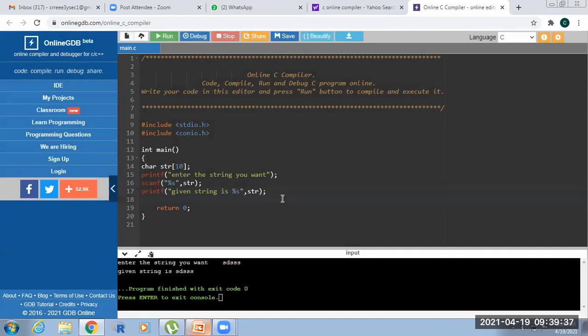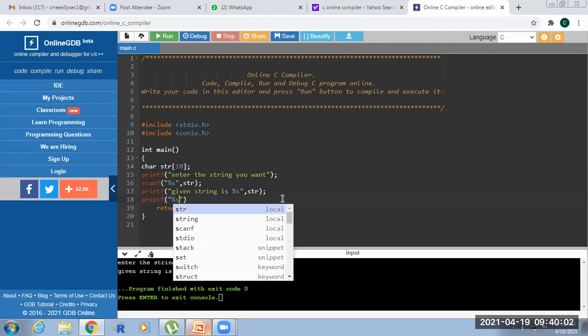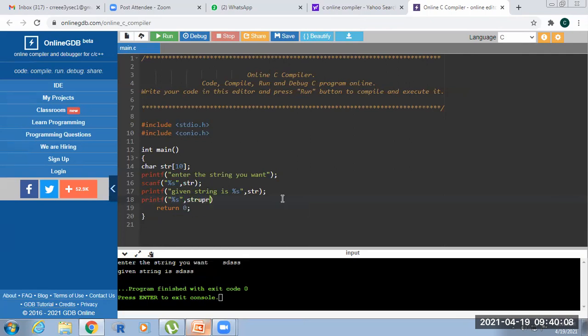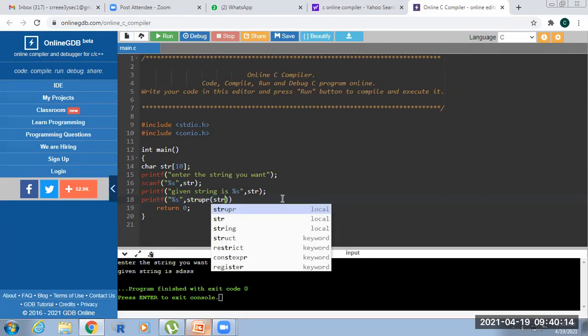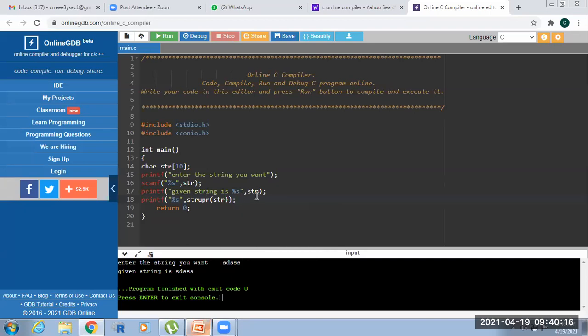I want to use some functions in the given example. One of the string functions is string upper, which will be used by percentage s comma, directly using the function strupr of str. The function name is strupr, so represent it here.